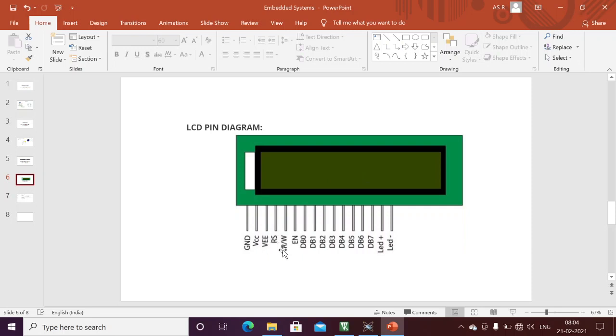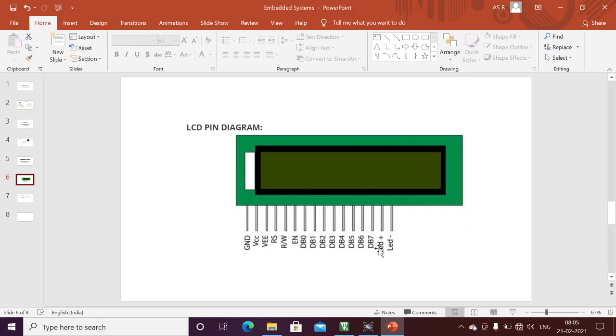Okay, in a similar way, if I want to write a command to the LCD, first I need to make the RS 0. Anyway, read/write is connected to the ground, and the command I am going to write. Next, I will place the command across these 8-bit parallel data lines, and after that I will give the high to low transition across this enable. Whatever placed command will be written to the LCD. This is mainly how we are going to write data or a command to the LCD.